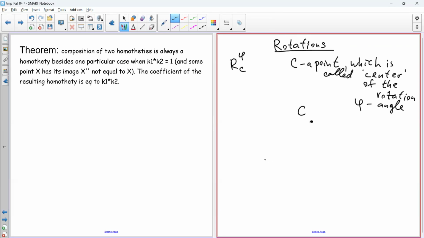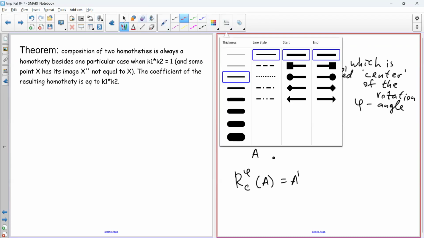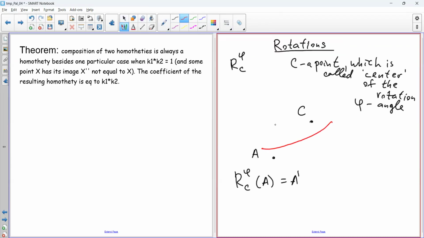So if we have any point A, then the image of this point would be point A prime, such that